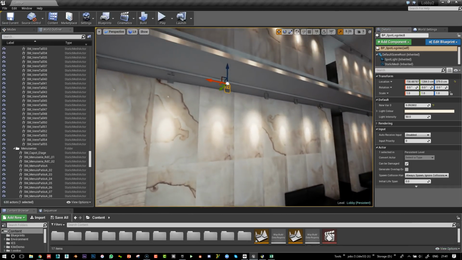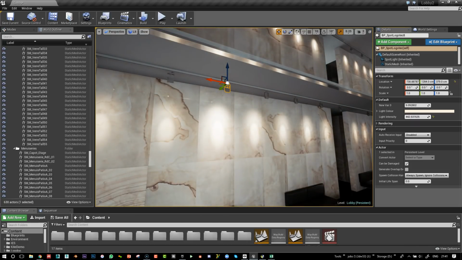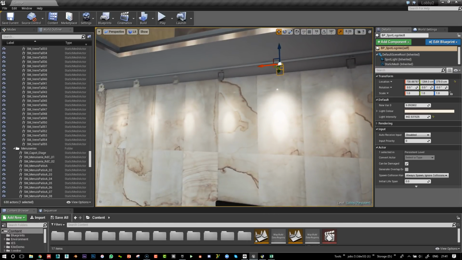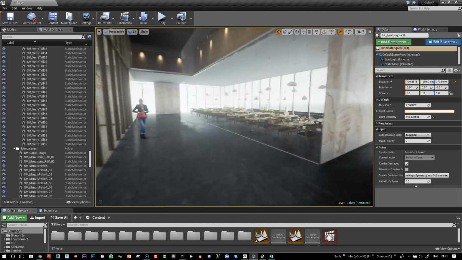Let's see. Oh yes, because it's baked in, so you won't see the difference. Oh no, because I'm changing the wrong variable here, but you can see the difference in intensity that I'm playing with. And what else we've got